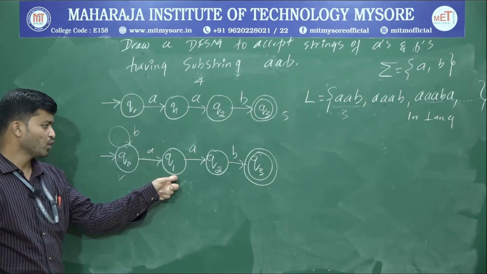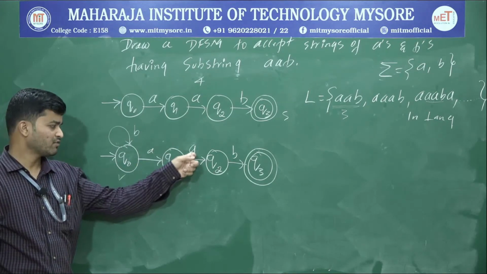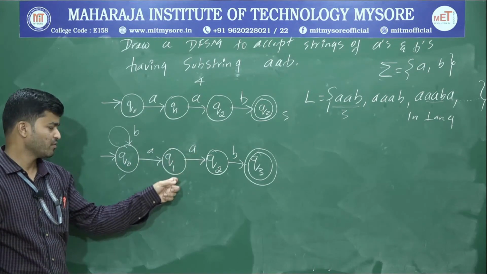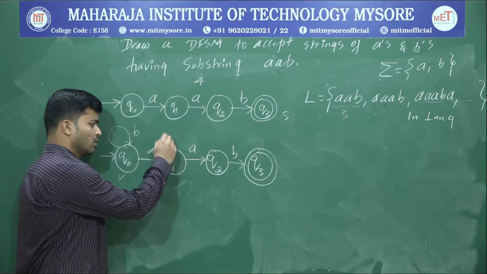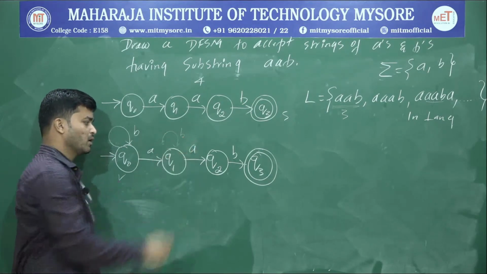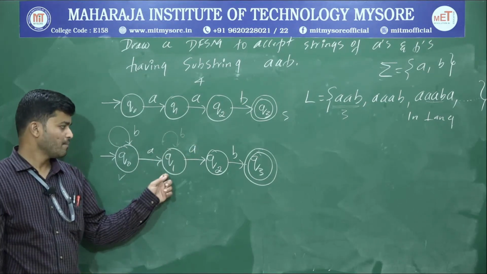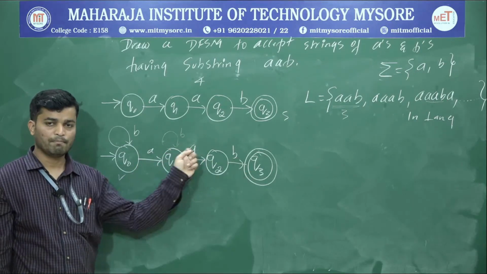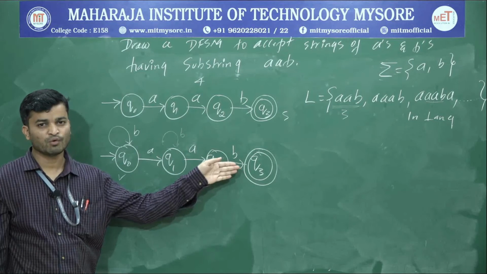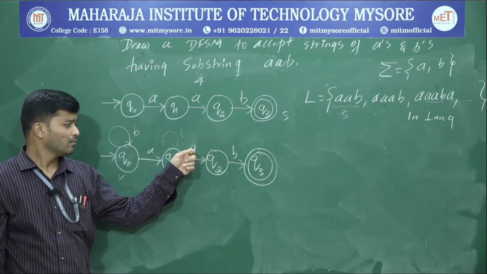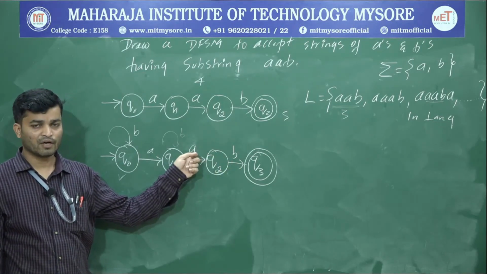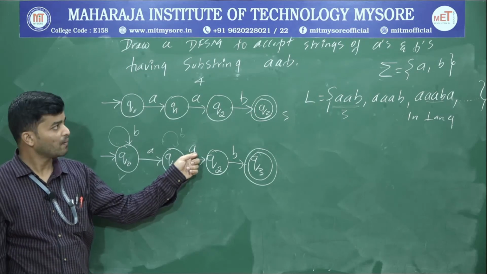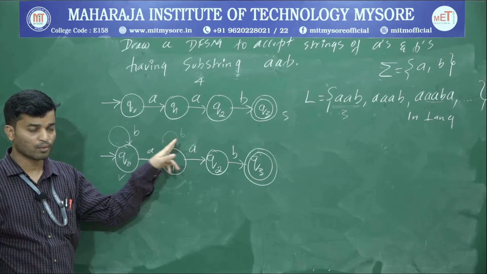Now go with Q1. Okay, at Q1 there is a path for A. Now to give a path for B, the first option is a loop upon Q1. If I write a loop upon Q1, what will happen? With n number of B's, I'll get ABBAB. So while ending it is going to end with BAB, and that is not our requirement. So there is no substring AAB. Therefore the loop is not a valid option.